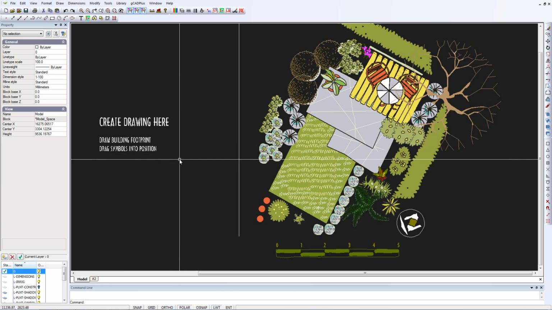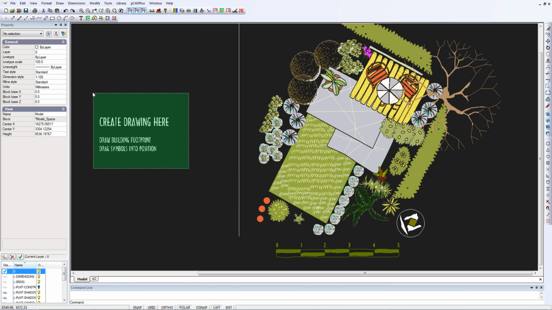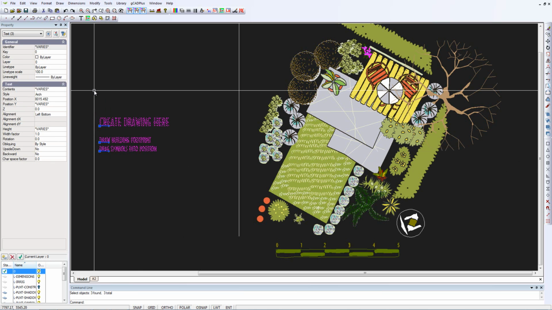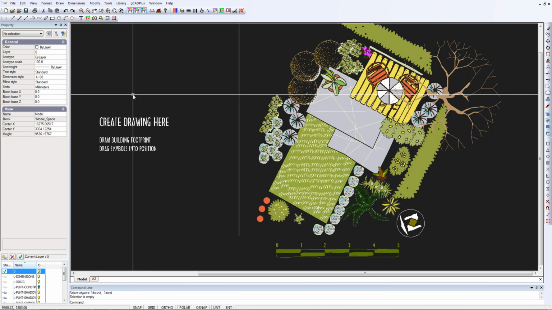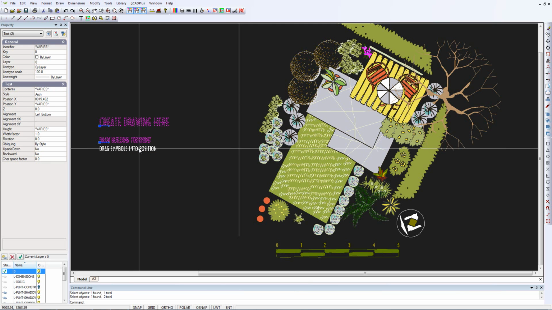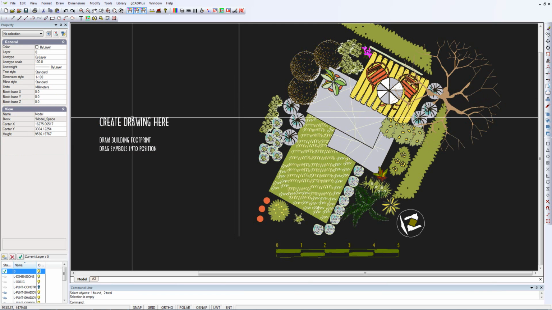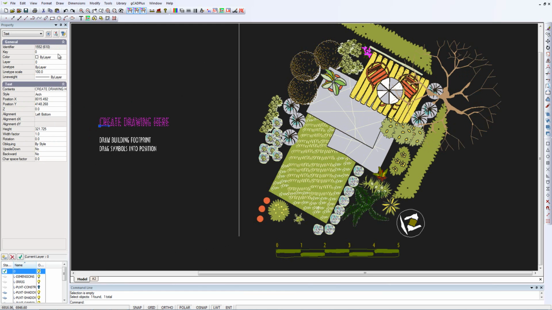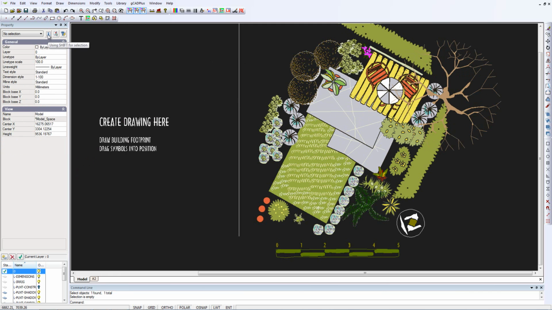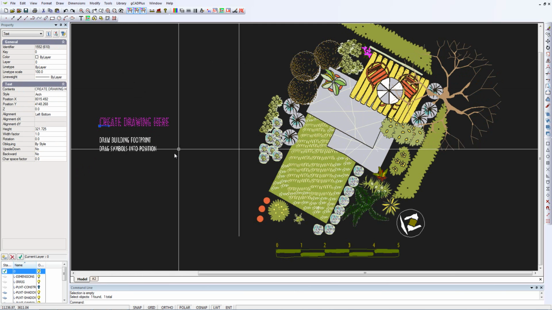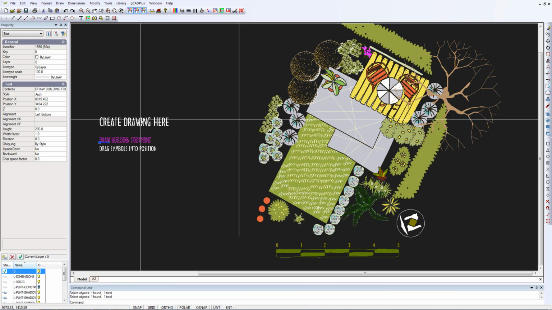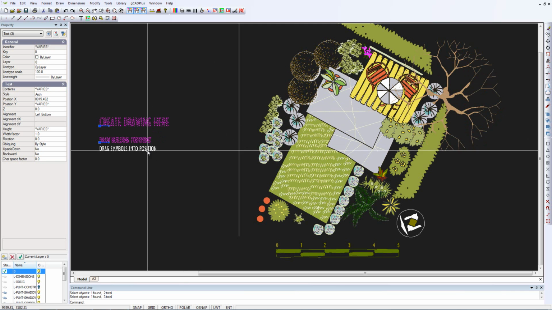So the first step is to remove the text that's over here. This is just telling us to put our design in that zone. So we'll select it. I'll escape from there. You could pick each individual piece of text in turn. You might find, it's worth looking, that up here in what's called the properties box, your copy of gCADPlus shows a 1. What that means is that if I pick that first piece of text, then the second piece of text, the first selection disappears. So if I change that from a 1 to a plus, you can pick all 3 pieces